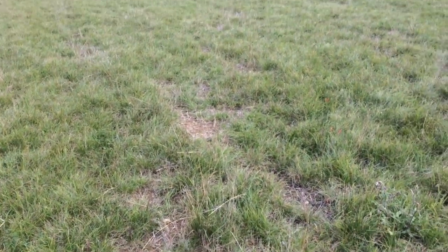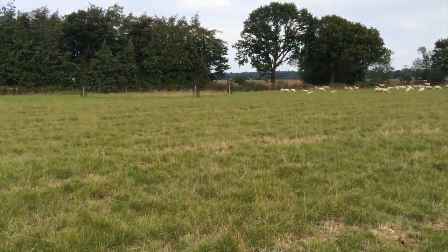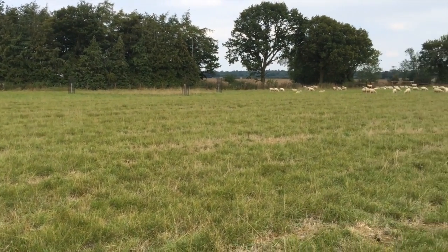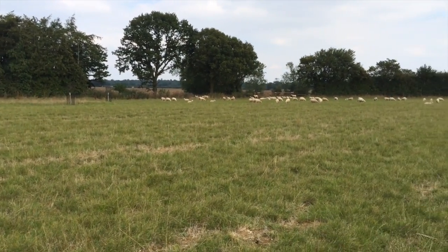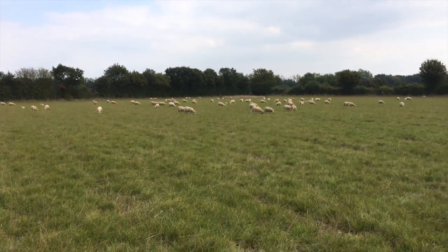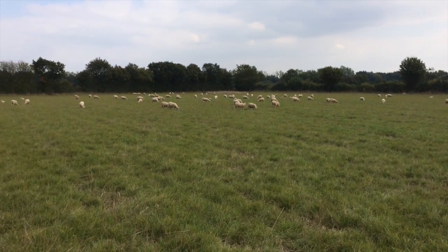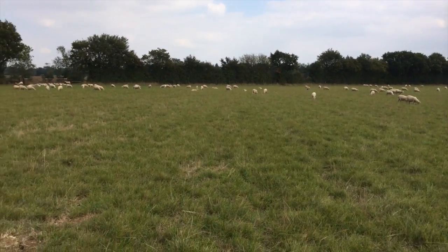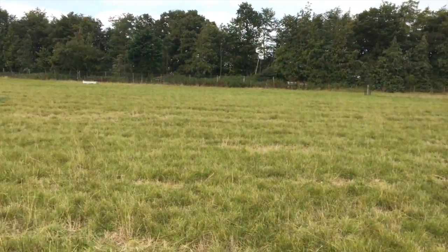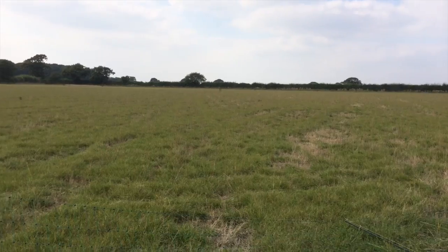As you can see, it's a slightly patchy lay, and it has got some clover in it. I don't know if anyone saw the clip that I put up of when the sheep came off the trailer, but they were heads down and started to eat straight away. And I suppose an experienced shepherd would have looked at that and said, they're really hungry. They could do themselves some damage if they're put in a field this size, even if it is just grass